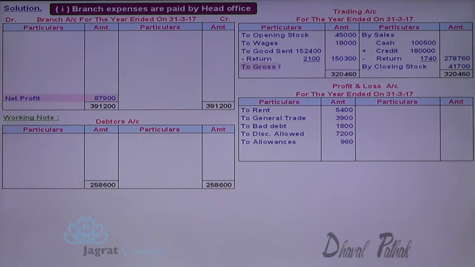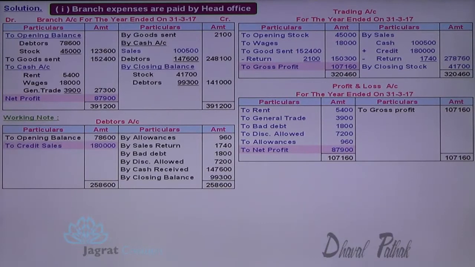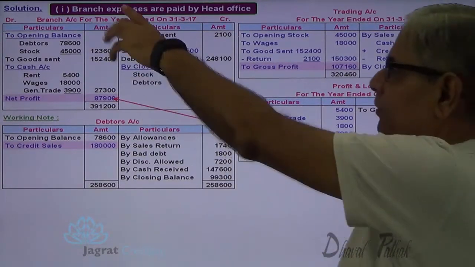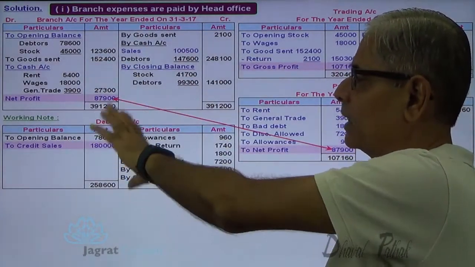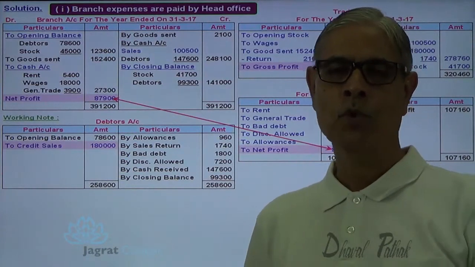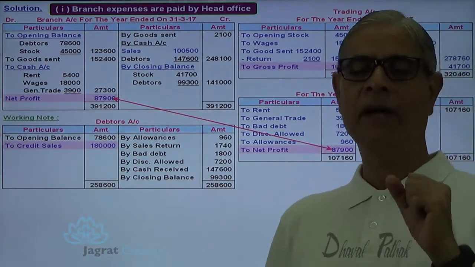Now this is the gross profit that I found out. Gross profit is transferred to the credit side of profit and loss account. Net profit is found out. Net profit is same as the profit that we have found by preparing branch account and this working note debtors account. So we can find out the profit by